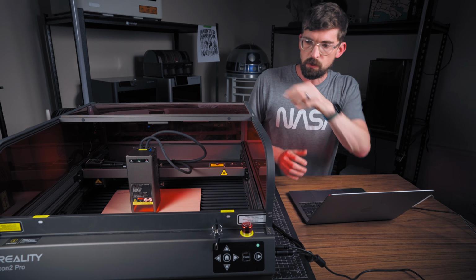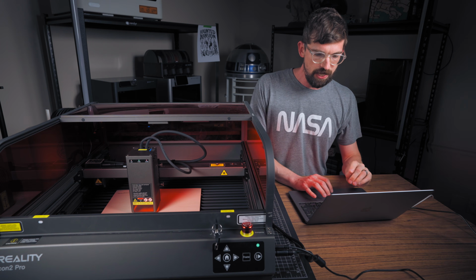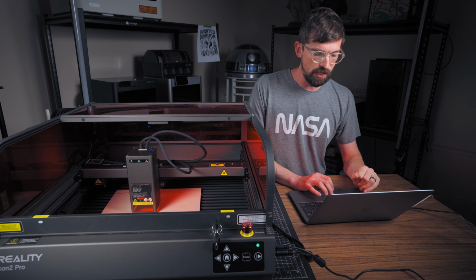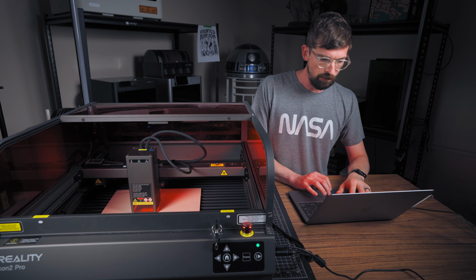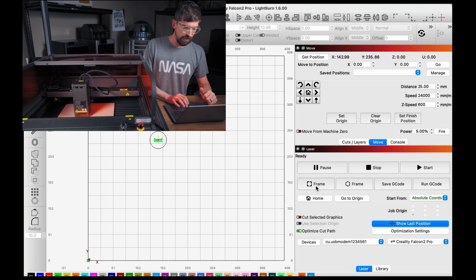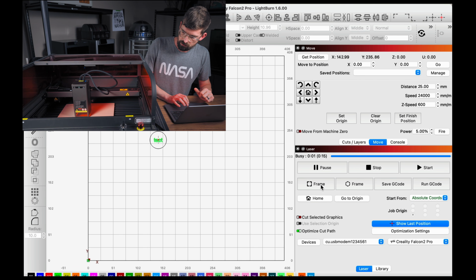But the easiest way to see where something is going to be is to do the framing operation. This is something I pretty much always do right before I fire my laser. So coming down to the laser menu, I'm gonna hit frame, and I'm gonna do the square one right here. And when I do that,